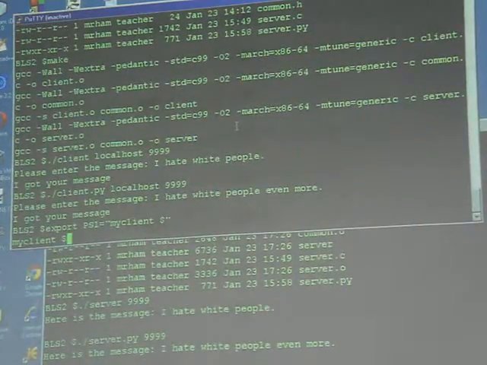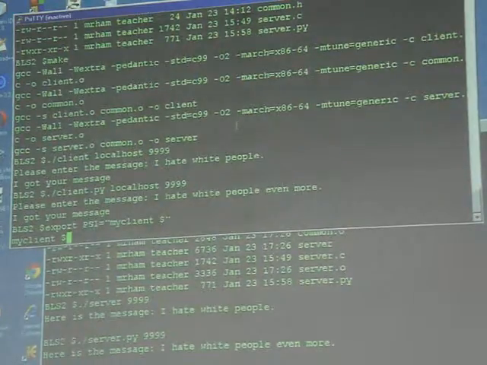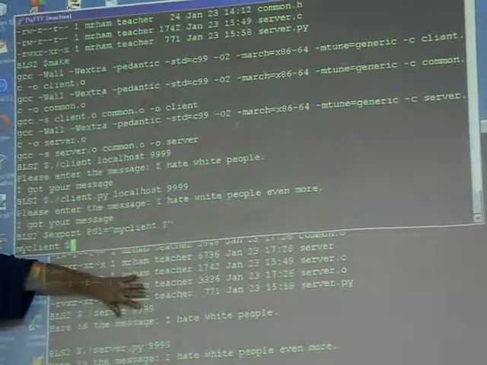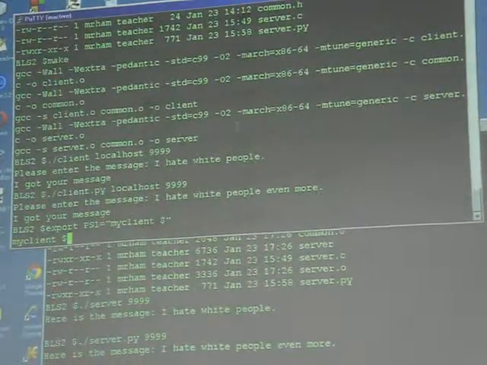All right? Looks like most people can do this part. Now, go to your server window. Server window. And let's